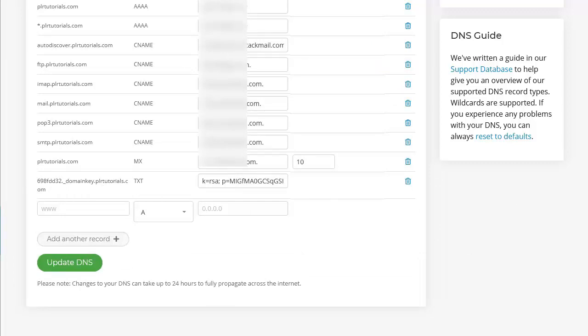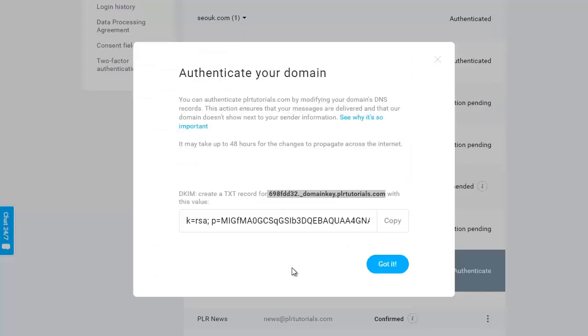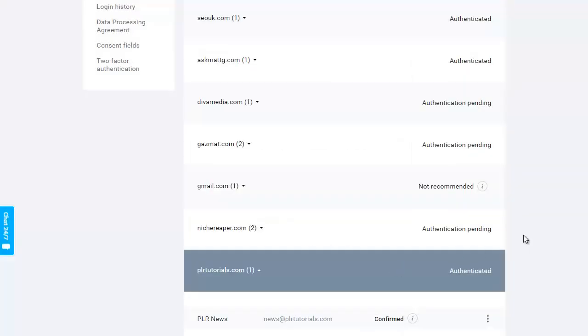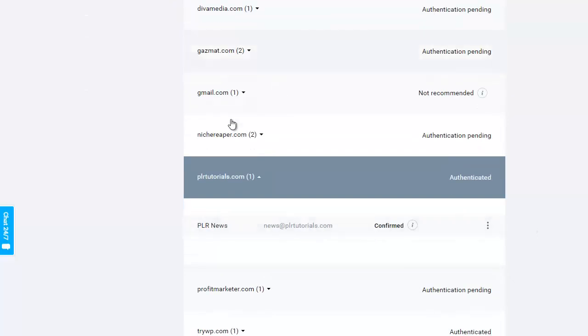Now I can pop back to GetResponse and confirm it in GetResponse itself. Okay, so here I am back in GetResponse. I'm going to click on Got It to get rid of this window, and we're going to scroll down, and in fact you'll notice it's already saying authenticated. It goes through that quickly, or it should go through that quickly, so that now is authenticated with GetResponse as